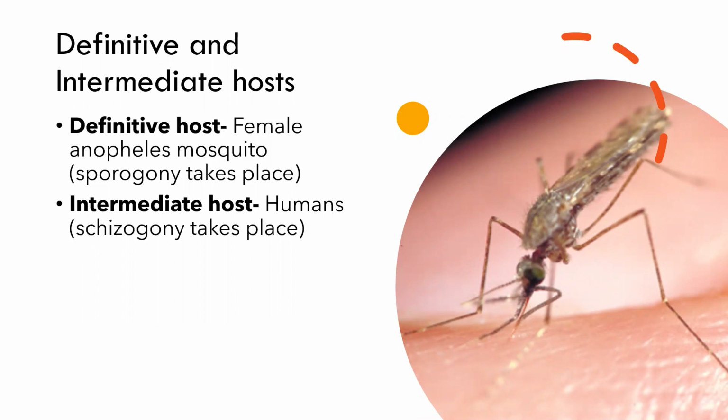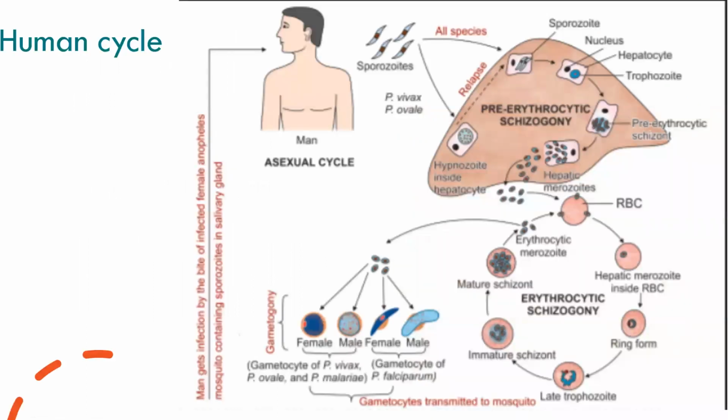Now, in the female Anopheles mosquito, it is called the definitive host as the sexual maturation is reached only in these organisms, and in human beings, there is only development but no sexual maturation, or we can say there is no fertilization occurring. Now, in the human cycle, which is what we are mainly interested in, as we can see,